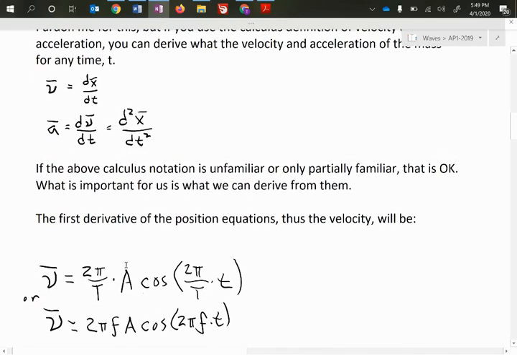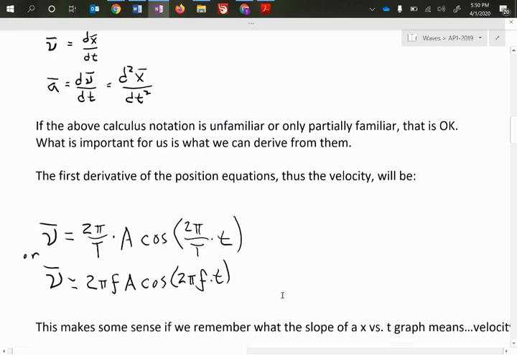So you can see the familiar amplitude here, 2 pi over period times t, all of that's familiar. I won't go into why, but this 2 pi over T will come out from inside here when we take the derivative. And so we have a velocity equation here in terms of period, and the same velocity equation in terms of frequency. Now, to back that up using what we know about graphing,